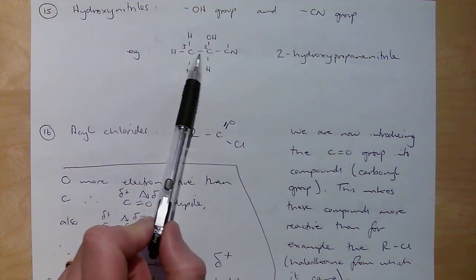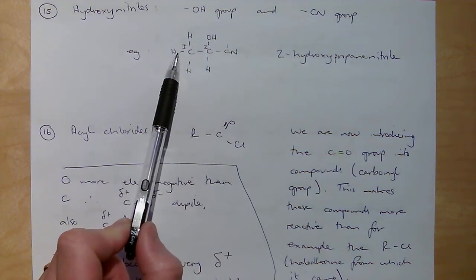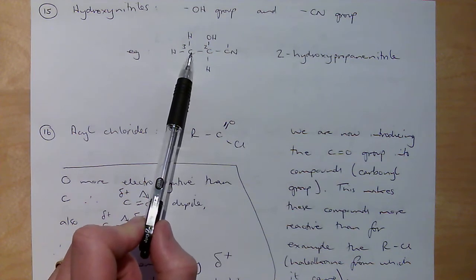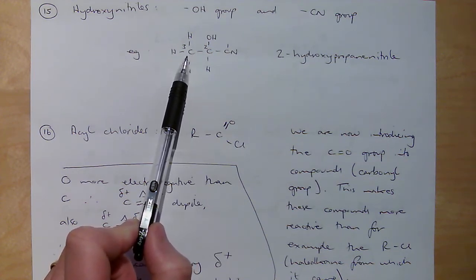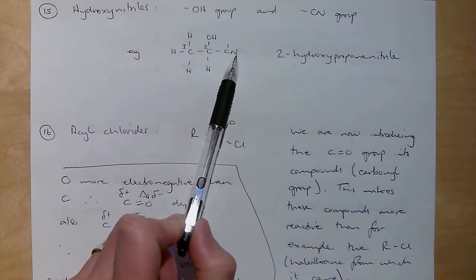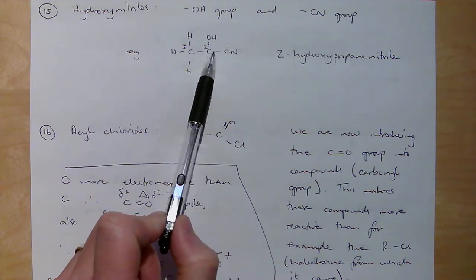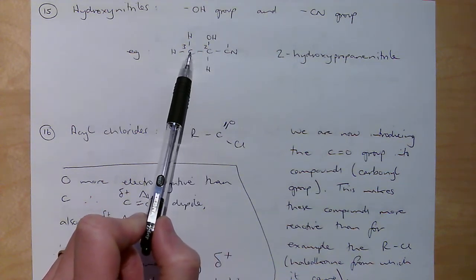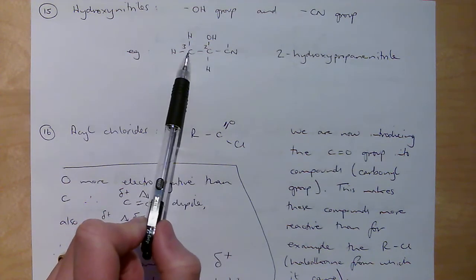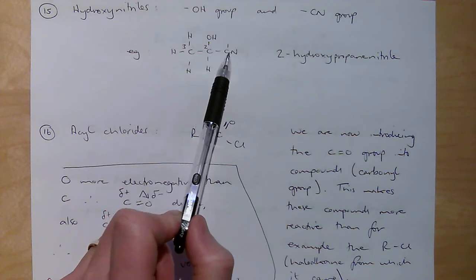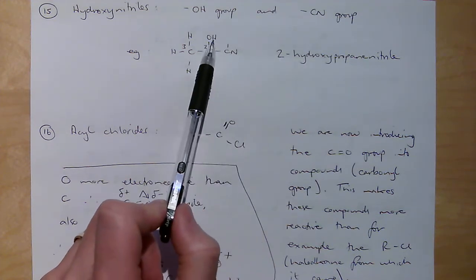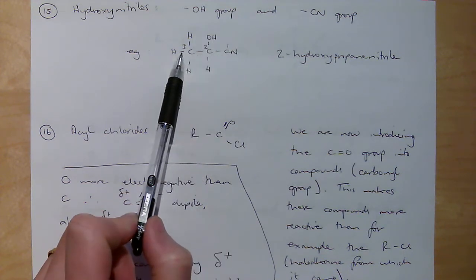So I've got a hydroxynitrile. So what's my nitrile there? It's 1, 2, 3, so it's propanenitrile. Okay, and my nitrile functional group started there, so that's carbon number 1. So therefore that must be carbon number 2. That must be carbon number 3. Okay, so it's propanenitrile, and the OH group comes off the second carbon, so it's 2-hydroxypropanenitrile,